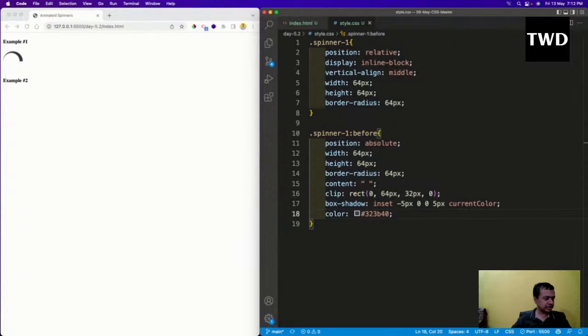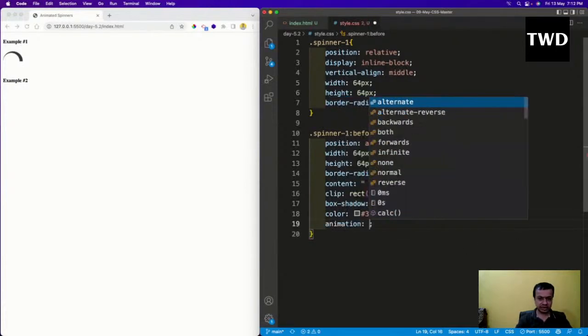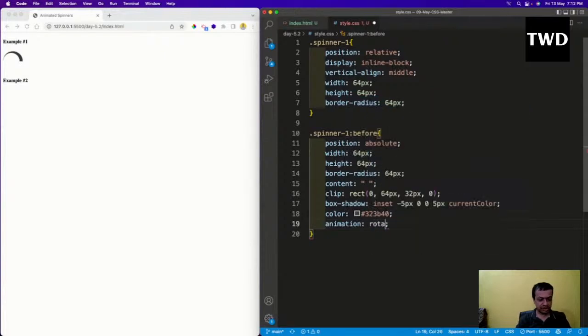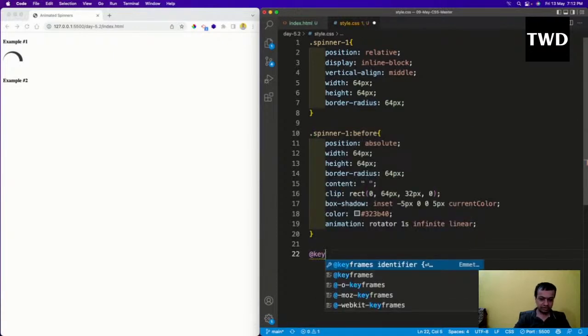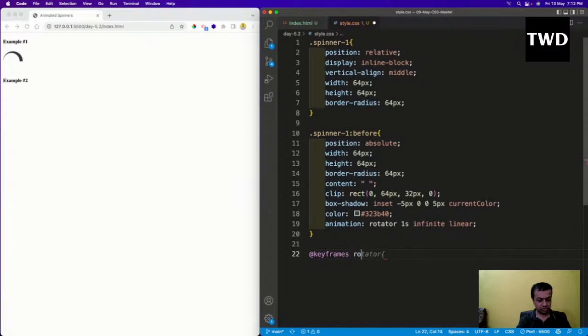So now we have made the arc. Now we have to rotate it, because then only it will be converted into a spinner, and rotating is not that difficult. So I will have an animation rotator, and this rotator is nothing, it is just the animation name which you're going to soon create. So it is not a keyword. Infinite and linear, infinite and linear. Now we have to do this. Okay, add keyframes rotator and